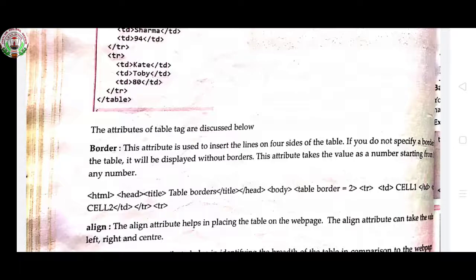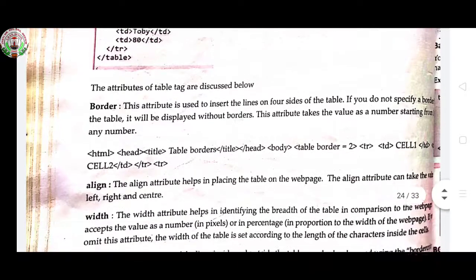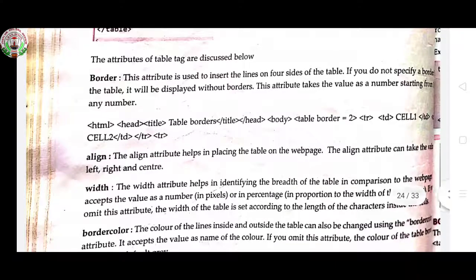Now next is align. The align attribute helps in placing the table on the web page. It can take the value left, right, center. Width: the width attribute helps in setting the breadth of the table in comparison to the web page. It accepts a value as a number in pixels or in percentage in proportion to the width of the web page.